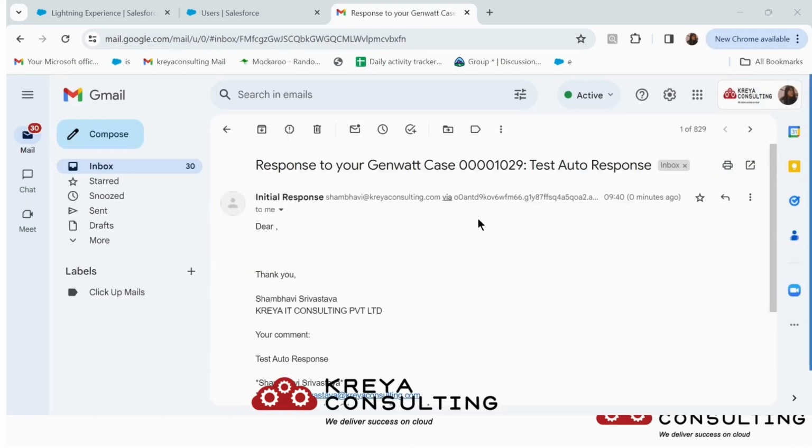So here is the email that I got in return for my case creation. If you see here, I have given the name as initial response. This is how the auto response rule works. I didn't tweak the email template that I have used, but you can always provide a better structure for your email. So that's it for auto